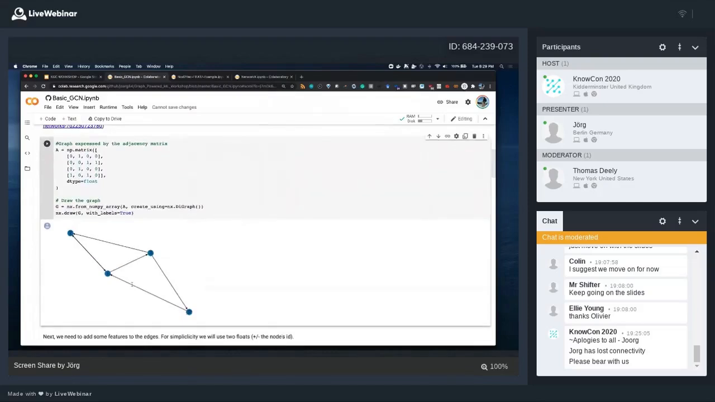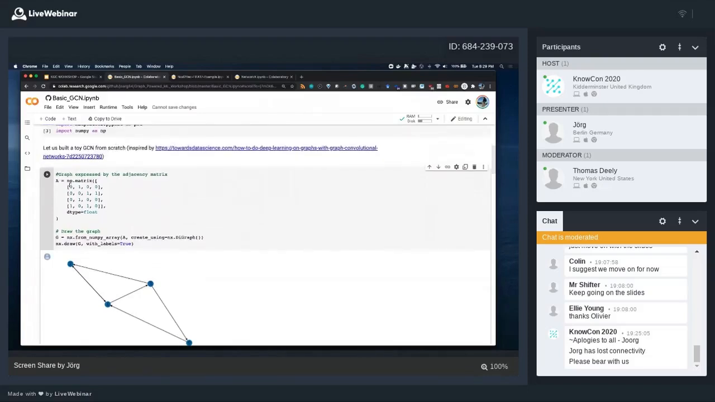So here we generate a very simple network. And just in case you haven't seen that, this is another way of representing graphs. You can actually